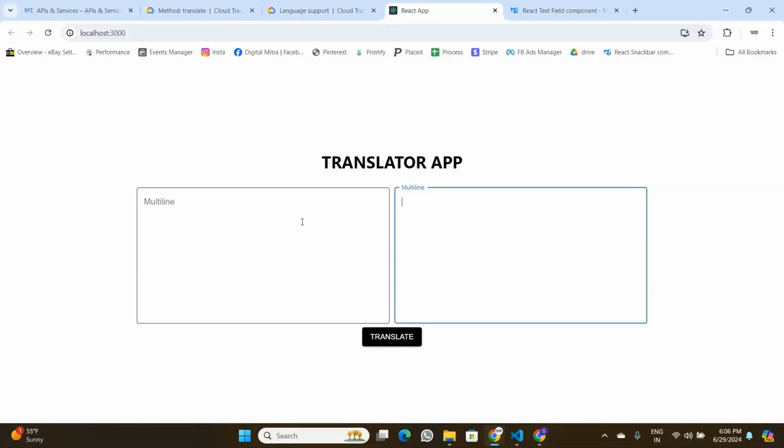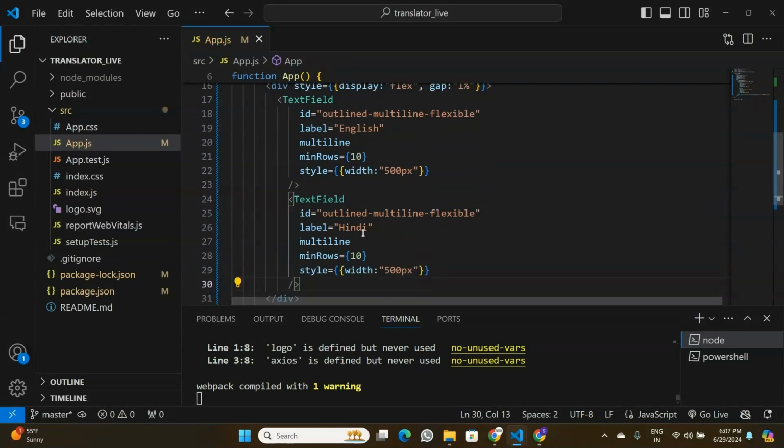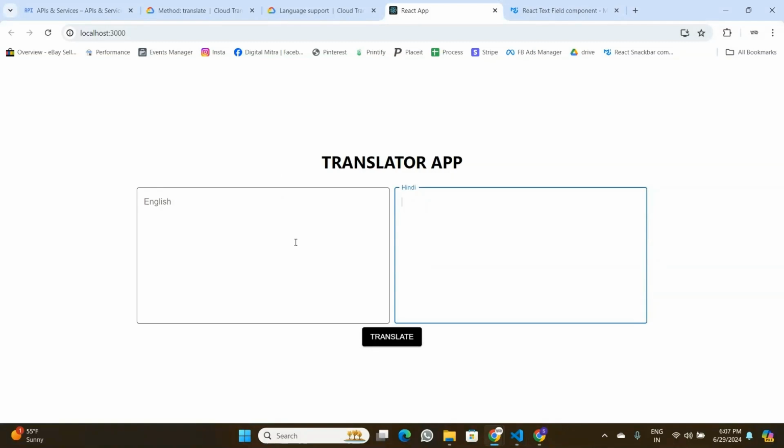Let's change the labels on these two text fields. As of now, the label says multi-line. So I'll just try and change this label. So on my first text field, I'm just going to say this is going to be English, because we are going to be entering English text here. And this is going to be Hindi, and that's the language it's going to be translated into. So if I go back and look at my application, now my basic layout is ready in this React application. So in the next step, we are just going to put some event listeners on this text field and the